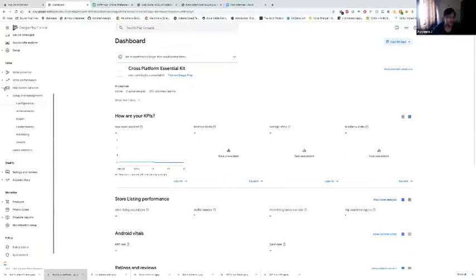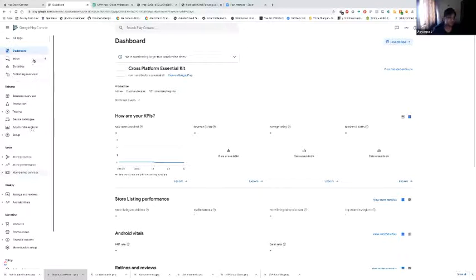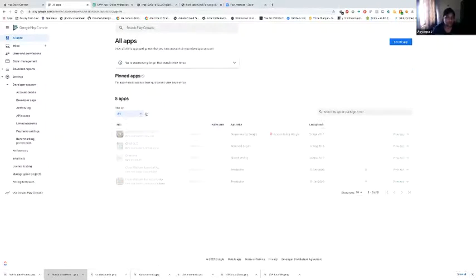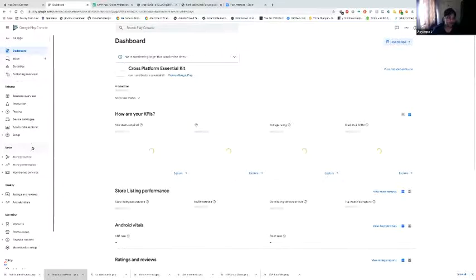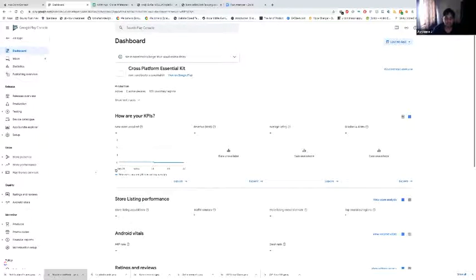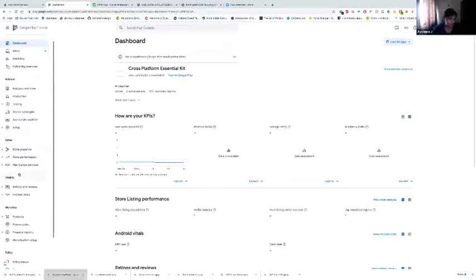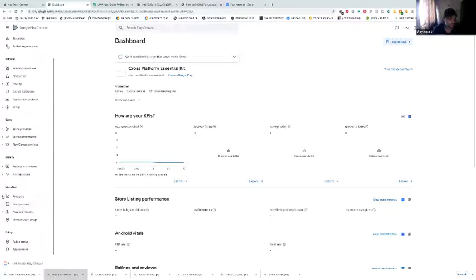And next, coming to Android. Okay, let's go from the start. So you just select your app, and before using this dashboard, you need to buy the licenses for accessing this, and yeah, going to monetize. Just go to monetize, products, in-app products.